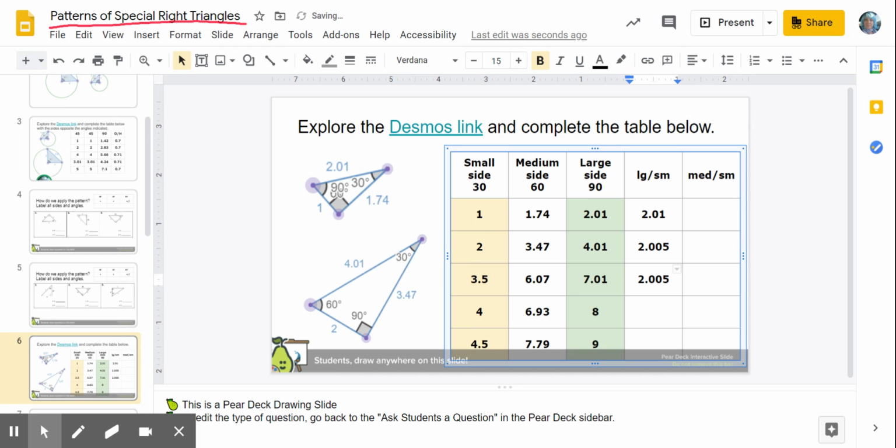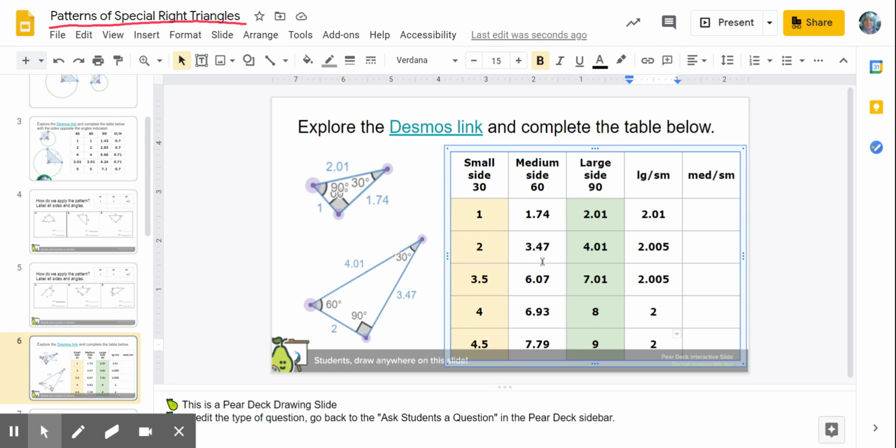5 again. And then what's 8 divided by 4? Still 2. And 9 divided by 4.5. So there's a ratio. This 30-degree side, the side opposite the 30-degree, is always going to be half as big as the hypotenuse. Just like we found the ratio to be 0.7 in the isosceles triangles, in these scalene triangles,